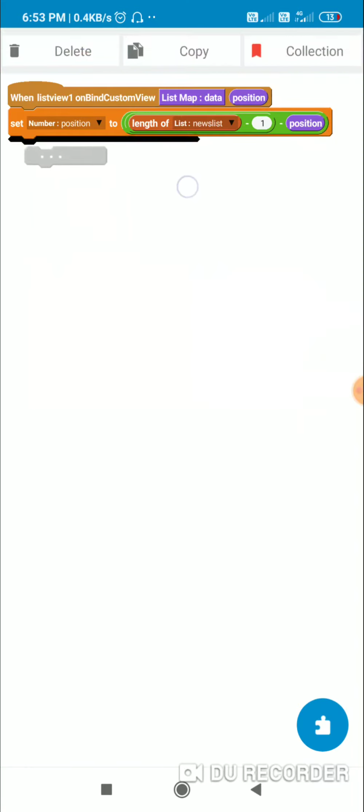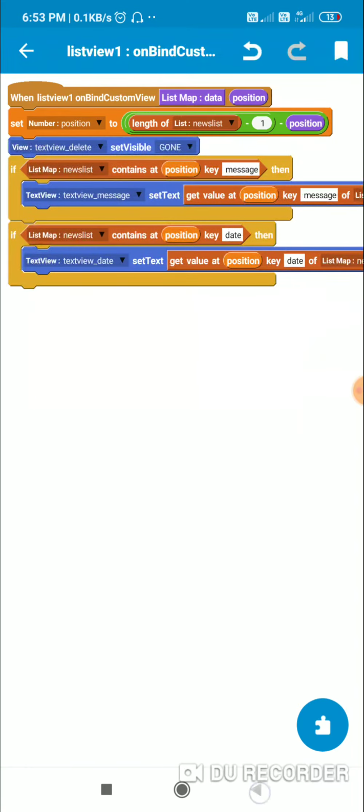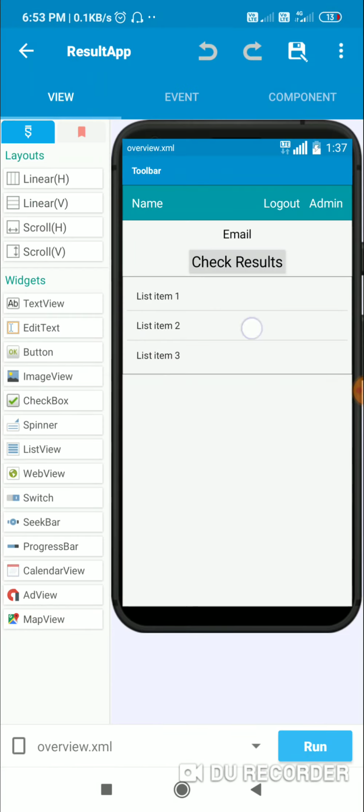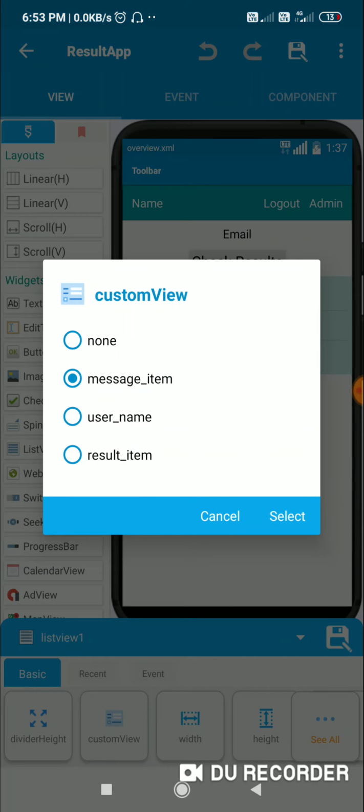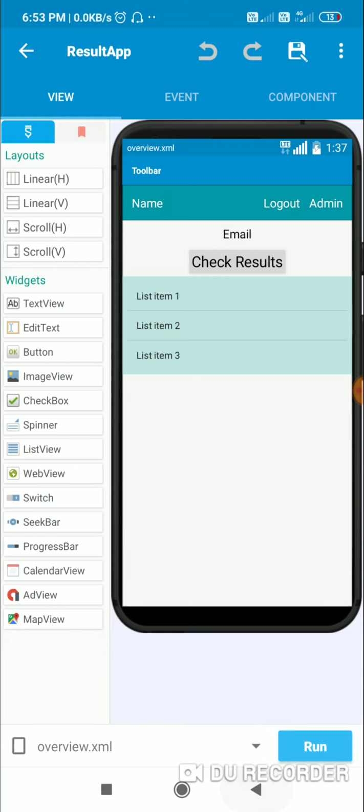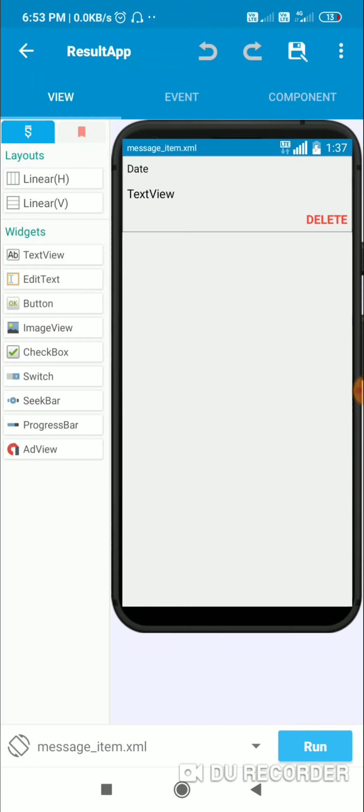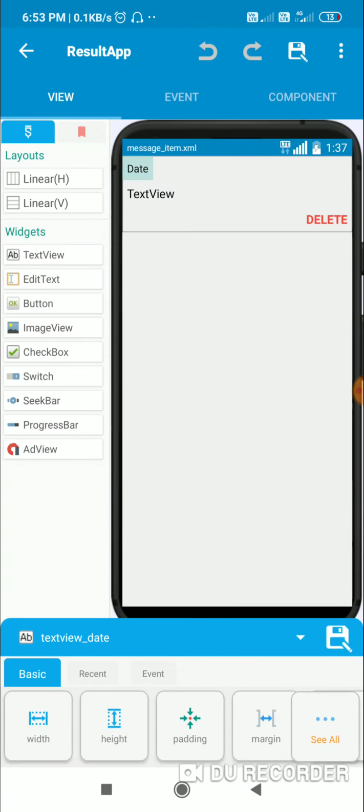So after that, I'll just show you this custom view for this list view. The custom view is message underscore item. This message underscore item contains date, text view message, and text view delete.